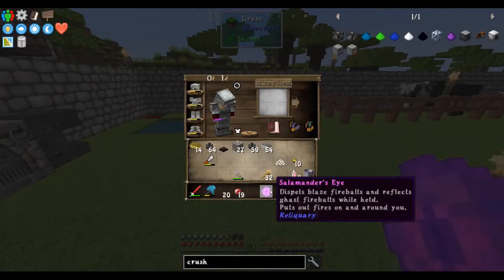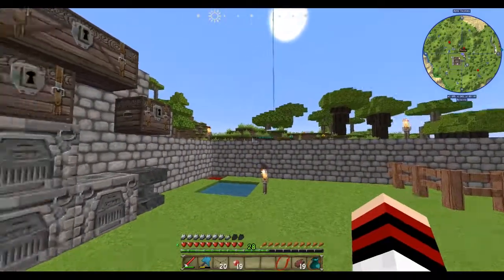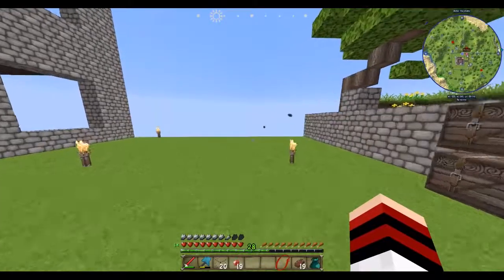I also have this salamander eye, which dispels blaze fireballs and reflects ghast fireballs when held. Puts out fires around you. So that's good for me when I'm in the nether. It's pretty neat. Pretty fantastic. Unfortunately, I only have one redstone crystal, though. I didn't get any more and shove them into...